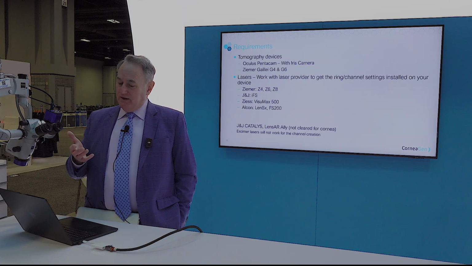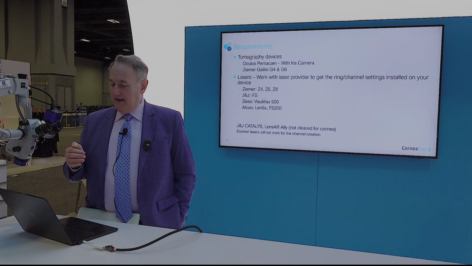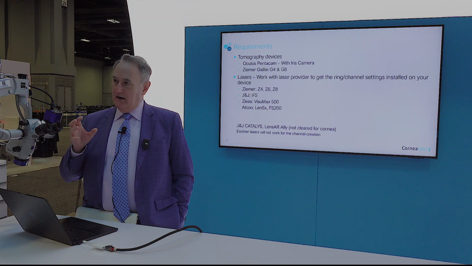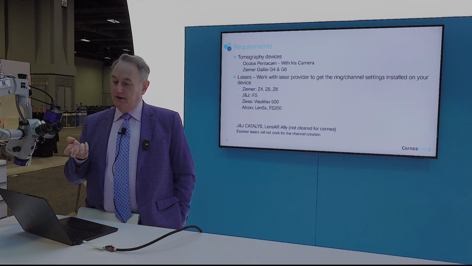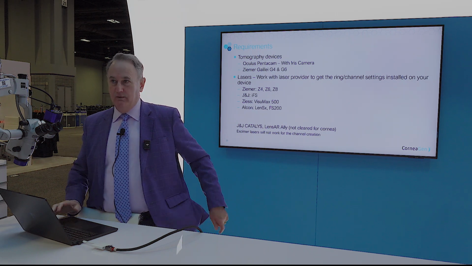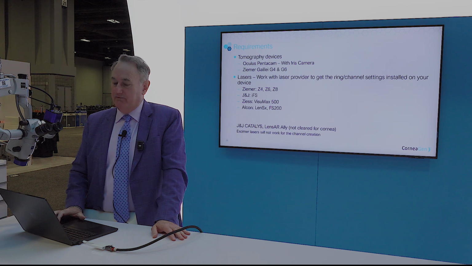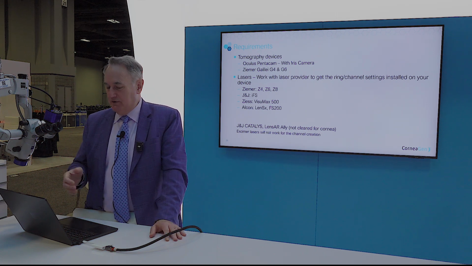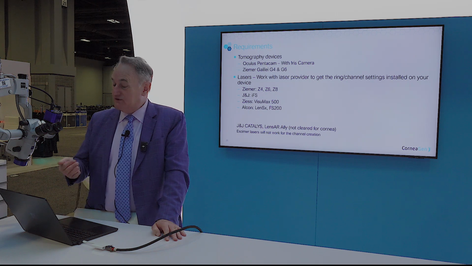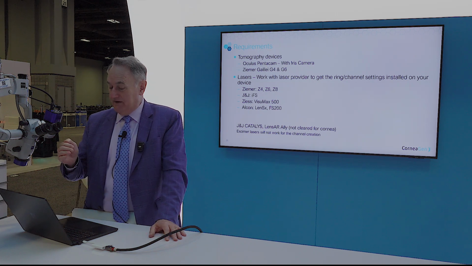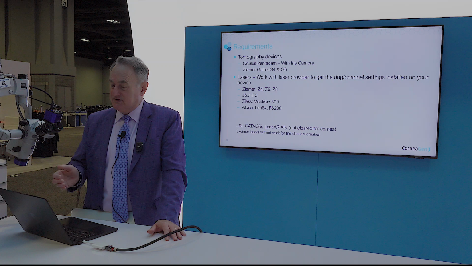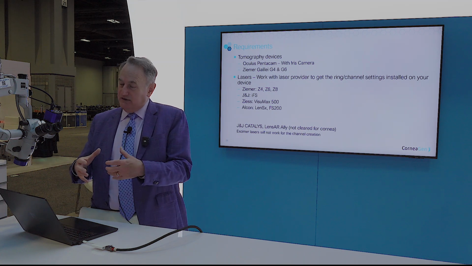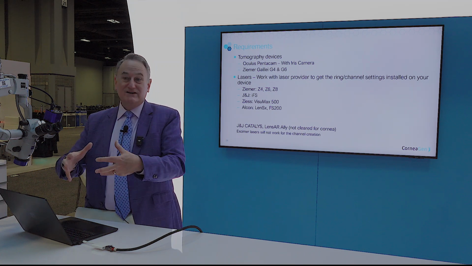So what are the requirements? You need either a Galilei or a Pentacam, and you need to get the iris image system. So the Pentacam has to have the iris photo capabilities on it. The lasers, we use the IFS, but the lasers that can work are the Zemer, the IFS, the Vigimax, LensX, and the FS200. So you see those, and again, they need to be able to create channels